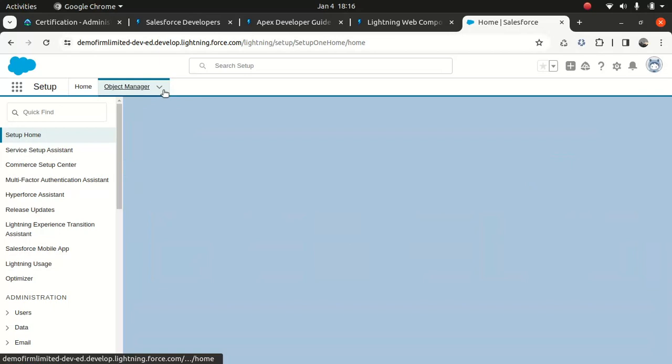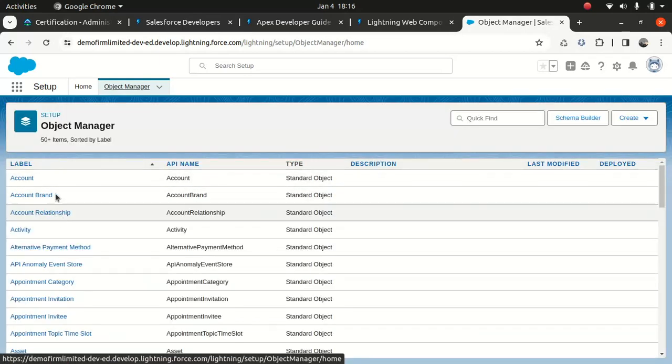Here you have Object Manager, and you can see that some of these are standard objects, which means you cannot delete a standard object. One thing you have to remember is that if you want to create your own table, these are called objects.